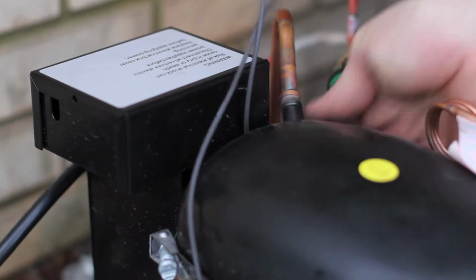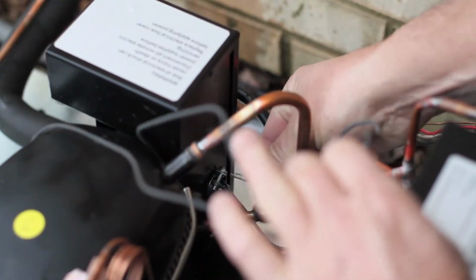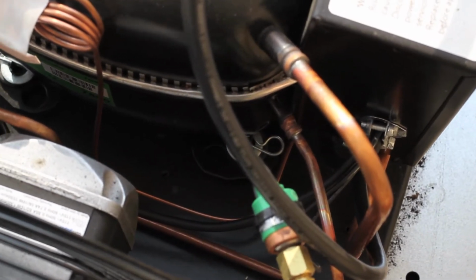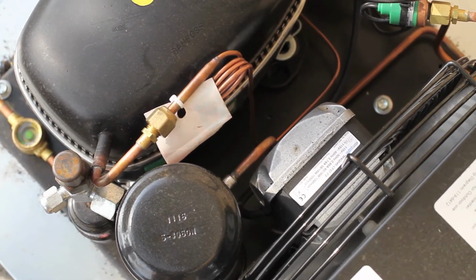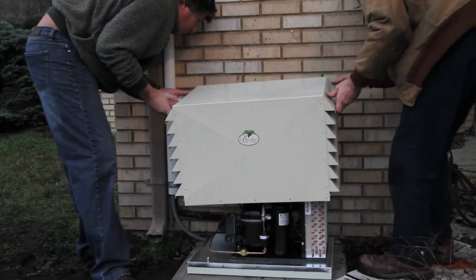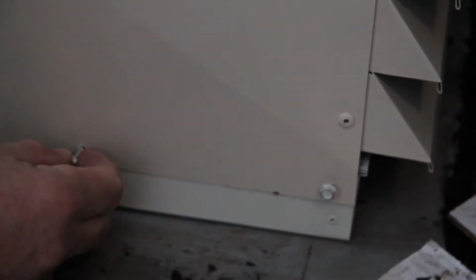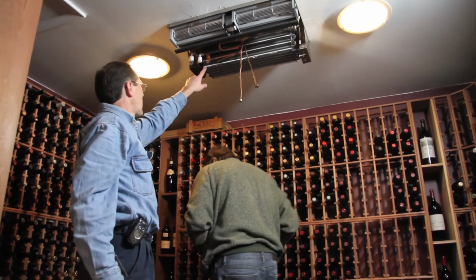Here the crankcase heater leads are run to the electrical box and hardwired in. Now that our system is up and running, we place the OE100 custom enclosure cover back on its base, and we replace the screws. We join Steve of Commercial Specialist here installing a BCS 1000 evaporator in a 700 square